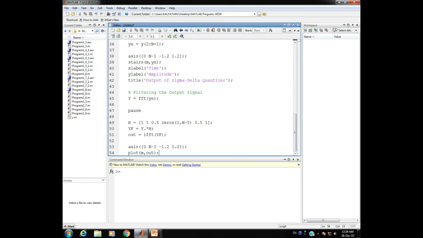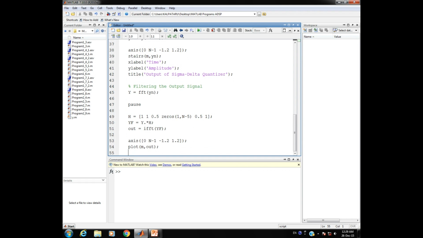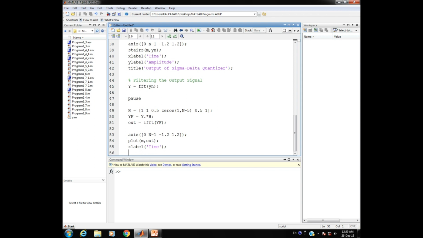As this is a representation in continuous form, we use the plot command here, and then there should be nomenclature for the axes. Xlabel is the command to name the horizontal axis. Let us write it in the usual form as time, and then there should be nomenclature for the vertical axis. Here we write amplitude.